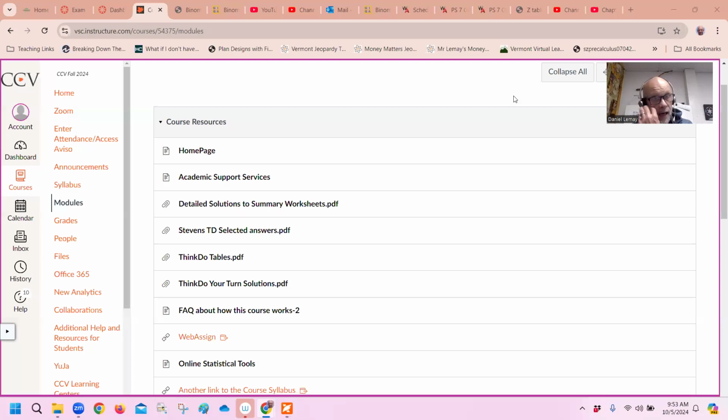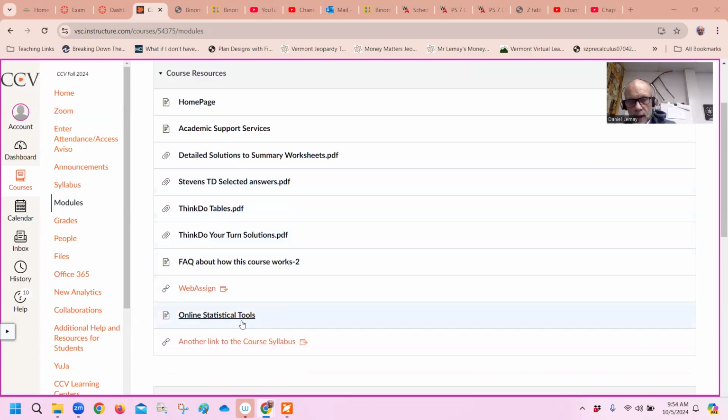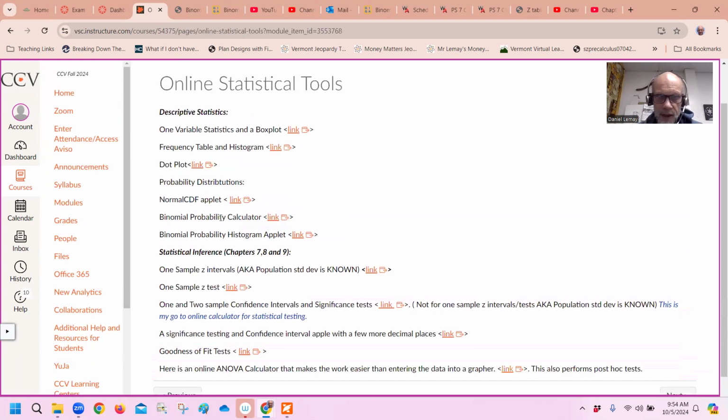Okay, so this is another walkthrough for chapter 6 with the normal curve. And certainly go watch Dr. Stevens' videos. He'll talk you through how to do it with the tables, and his videos are useful. The purpose of this video is to show you how to use another tool rather than the z-score table, because in a lot of ways the website I'm going to point you towards does a lot. Now, again, I'm going to go to that online statistical tools page in Canvas, and you see that normal